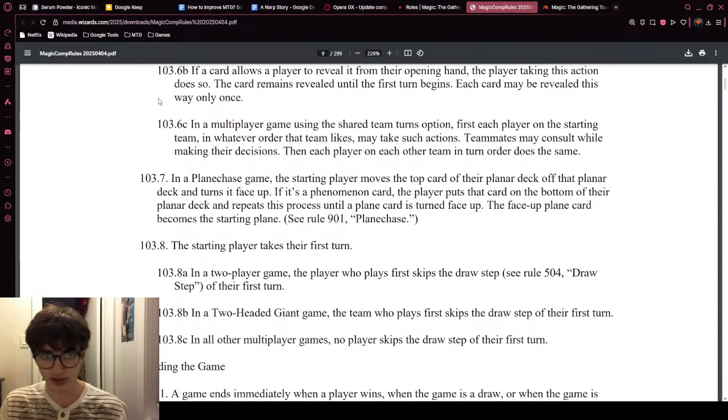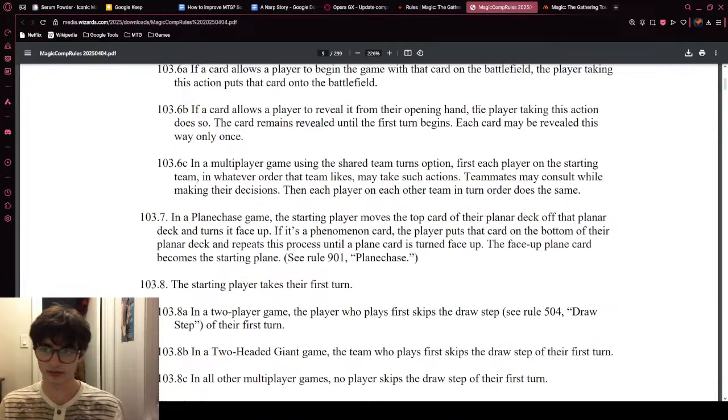Being revealed is a very strange action that I'm not actually fully sure about the implications of. But in this sense, it would appear as though the state of being revealed is something that can be tracked for a certain amount of time until the first turn begins, I guess. And it looks like you don't have a choice, but if there's no judge nearby, nobody is there to prove that you don't have a card in your opening hand that allows you to reveal it. You don't have to. It is private information. This rule doesn't say it, but nobody can get you out on that.